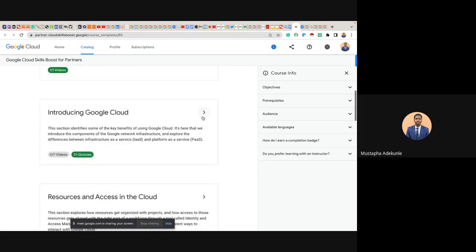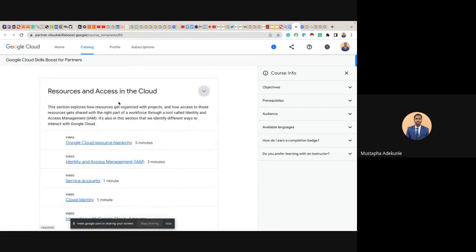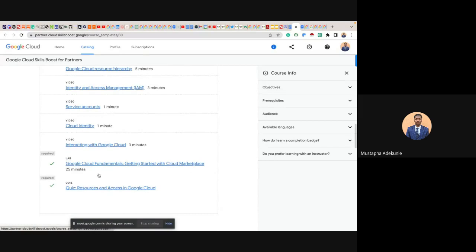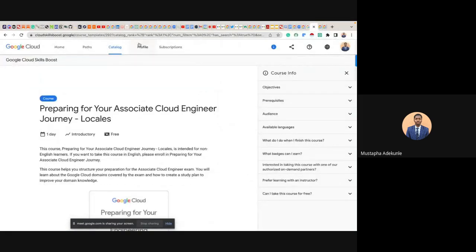So there are some labs that are free. This is what I'm saying. The lab under resources and access in cloud, this lab is free. When you click on it, is it free? Before I would know if it's free, let me go to the Cloud Skill Boost. Let's copy this. I don't want to say it's free because automatically it's going to be free for me. But come in from here, the profile and the path